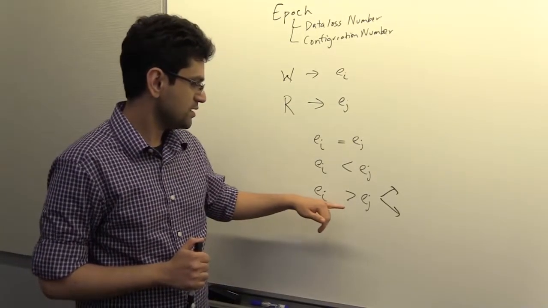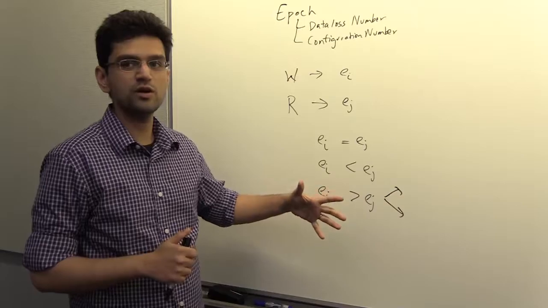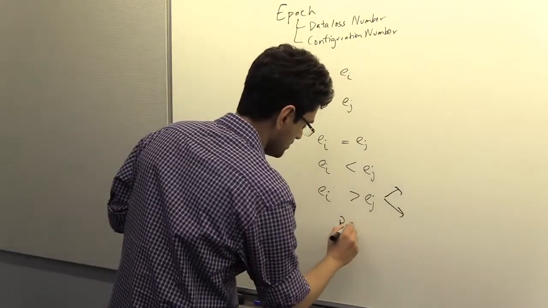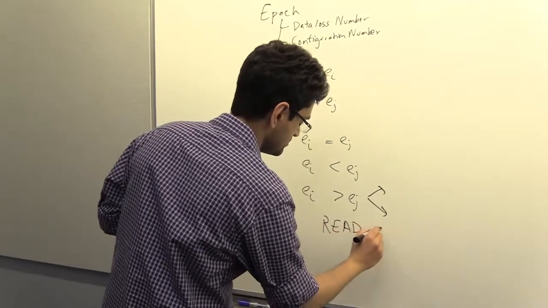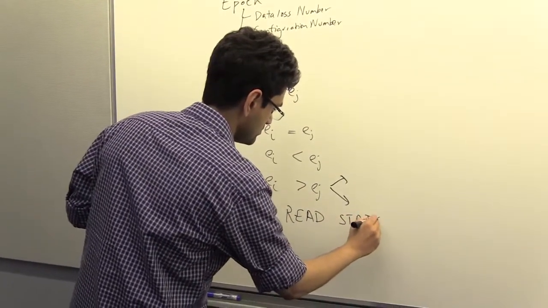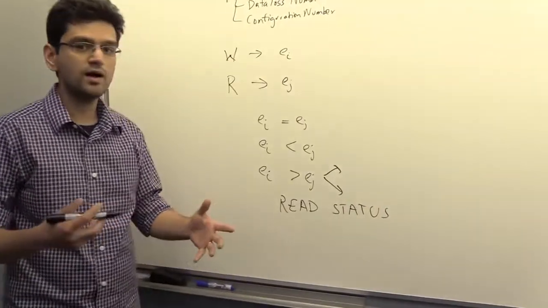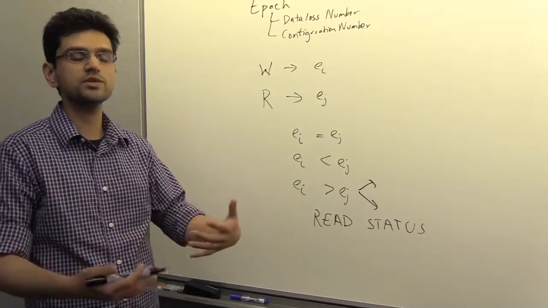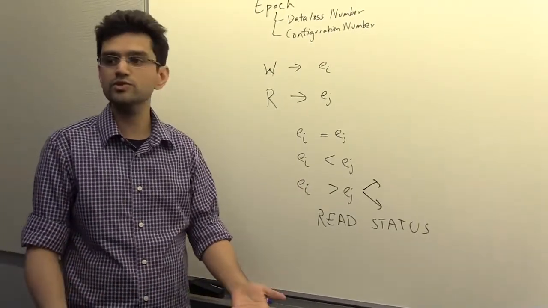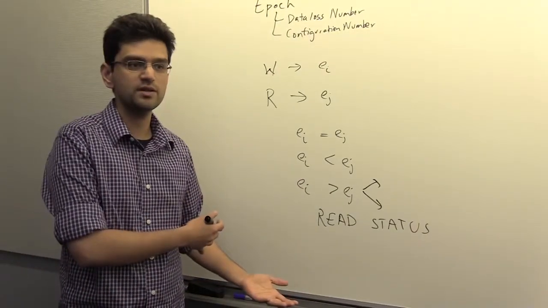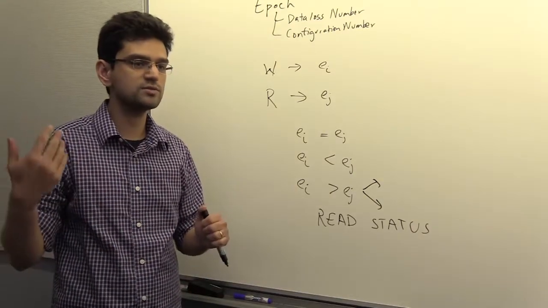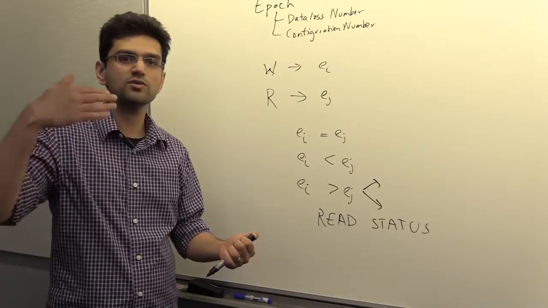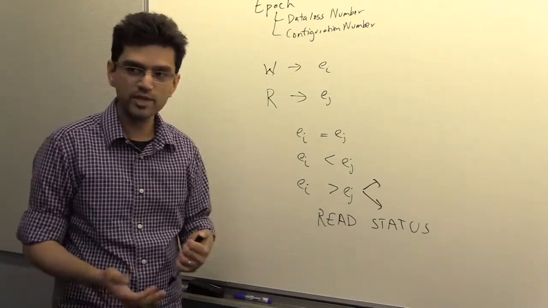For sure. The mechanism in Service Fabric which allows you to do that is something known as the read status. So when you're writing a service, you have access to something called the read status, and this is something you're supposed to check as a service author before you service a read. And if you're using the reliable collections and so on, they'll kind of do this for you. It again depends on what level of Service Fabric you're programming at.